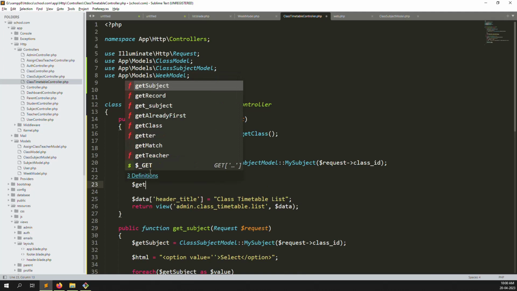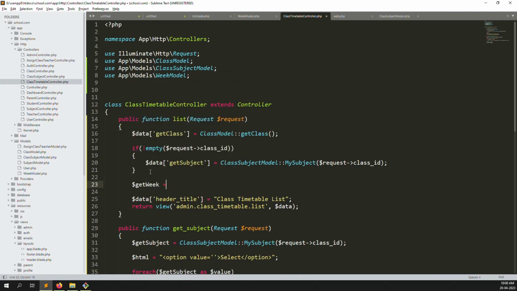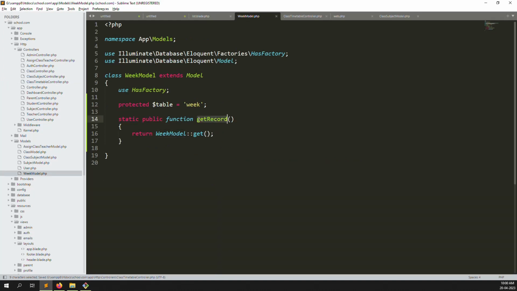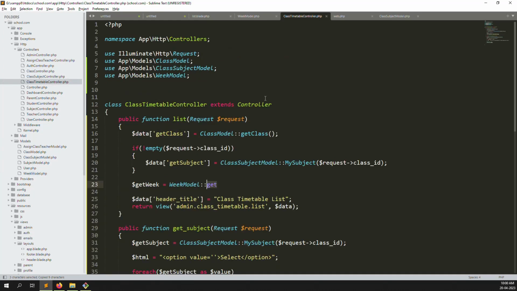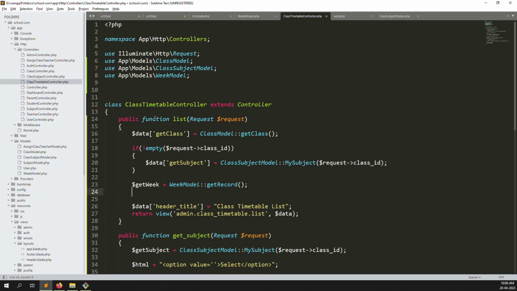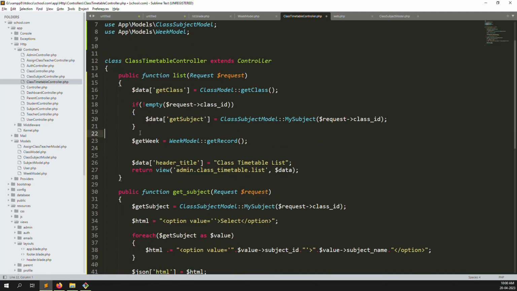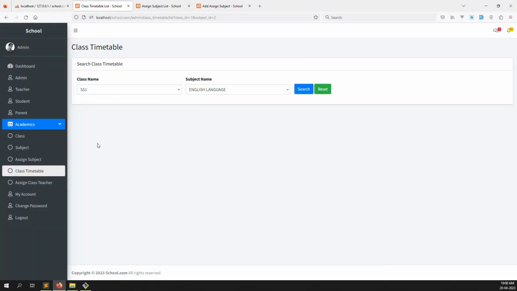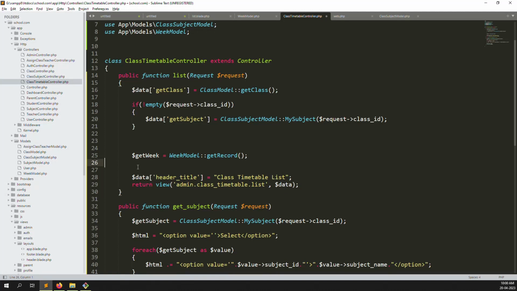I think just because we need to make a for loop first. For means inside WeekModel, getRecord. Let's copy. So here we are getting all the week names. Okay, so we first need to create one array, because array wise we need to check. Before that, if there is already data with an entry, we need to show it here. So let's show it in the first array, like a simple array, like we need to make a week equal to